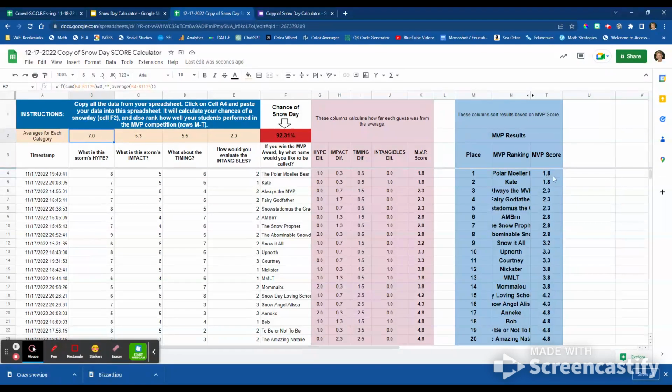And so you can see over here, we had a couple of people whose score was 1.8. They were in first place. We had 3 people whose score was 2.3. They were tied there for third place. And this encourages people to really think not just about what they think, but about what other people might think as well, which tends to give a really accurate projection of whether or not you're going to have a snow day or not. So by sending that form and then copying and pasting the results, you can help your students think about averages using whatever math is appropriate for you and for your grade level. You can analyze